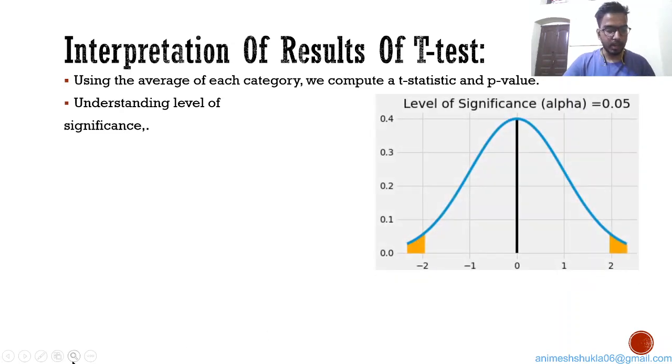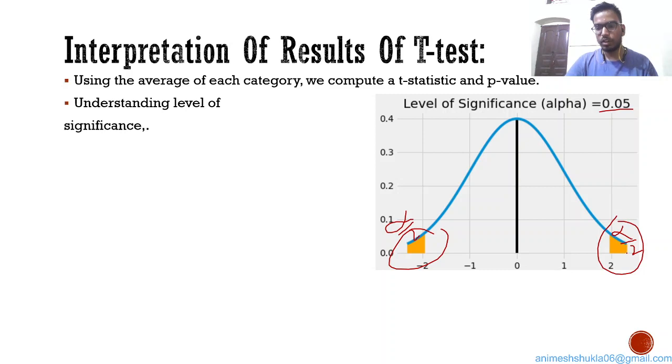So I have taken up a graph over here, and I'll explain a few important points about the graph. We know that we have alpha as 0.05, and this is a two-tailed test as was discussed in our hypothesis. So this is alpha by 2, and since it is a two-tailed test, the region along this tail is also alpha by 2. That means alpha is basically the region of area towards the tail of the Gaussian, right? So this is the Gaussian curve, and these are the tails of the Gaussian, and alpha is the region towards the tail of the Gaussian.